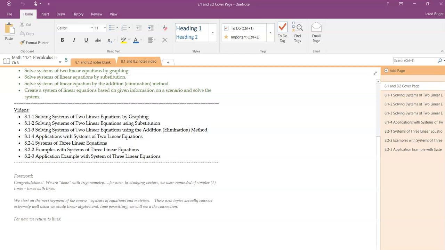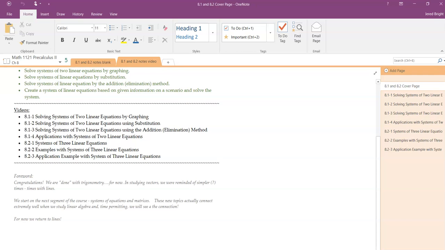We need a little bit more practice with the basic skills with systems of equations, so that's what we're going to look at next. We're going to build on this, and then we'll link trig and systems of equations, well, actually matrices, together later on. If you would like to go back to trig, you certainly can on your own, but we're going to